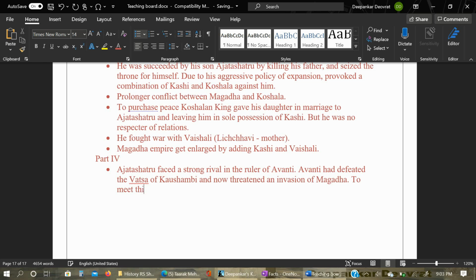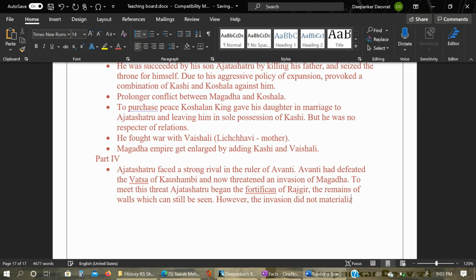To meet this threat, Ajatashatru began the fortification of Rajgir, the remains of whose walls can still be seen. However, the invasion did not materialize during his lifetime, and his reign was succeeded by